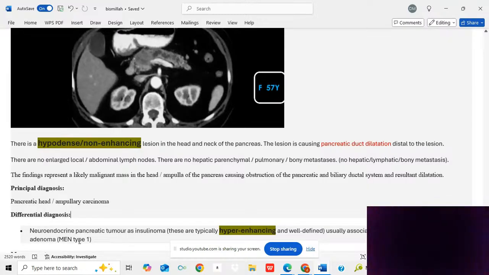He told me, in MEN type 1, you will find adenoma in the pancreas, adenoma in the pituitary, and adenoma in the parathyroid,